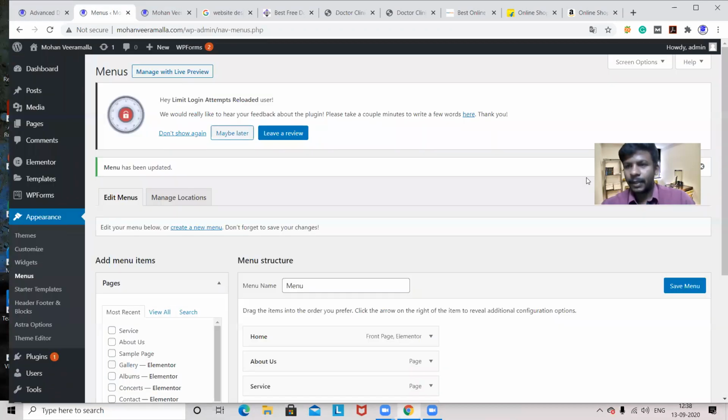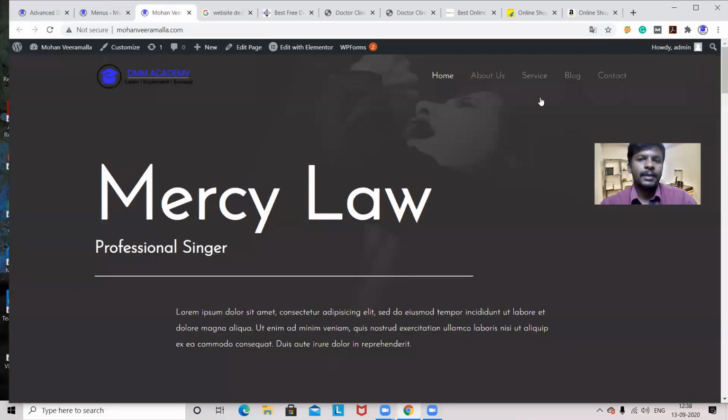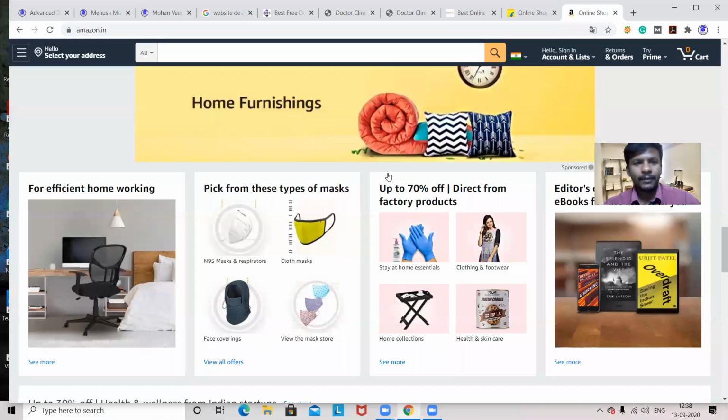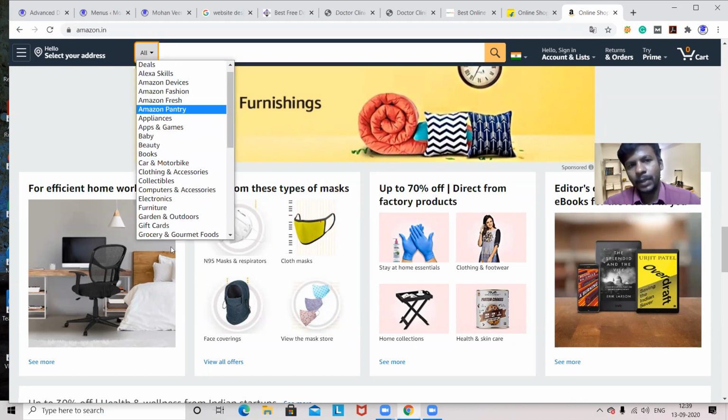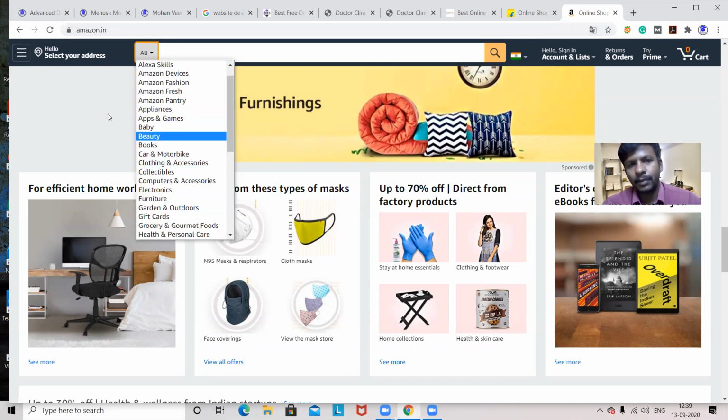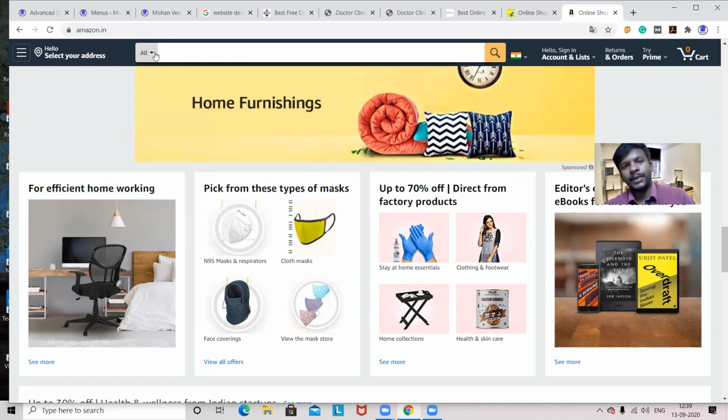So fine, menu we created and logo we added. And now what I want, under these services I want a drop down. We'll analyze the drop down also, how to do drop down. Why? Because when we go to any website, when we hover on something, like for example any properties we have, if I select this, I have properties here. Now this is a drop down. This kind of design we call it a drop down. That means more number of properties we can show in the drop down. Now I want the same drop down for the menu.